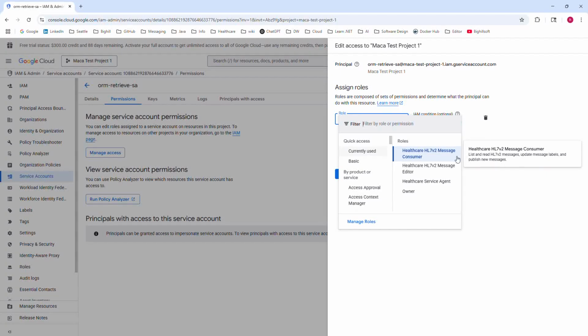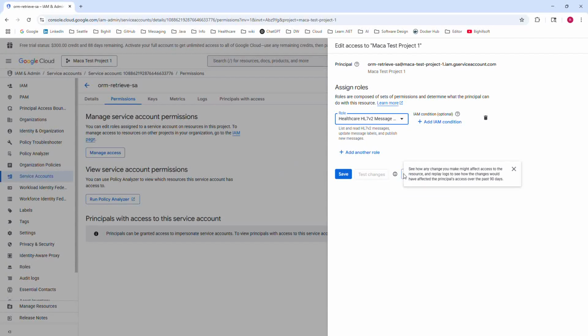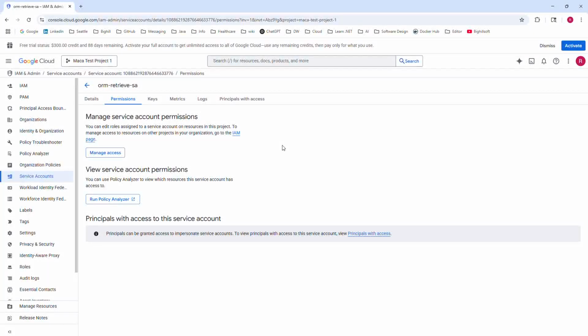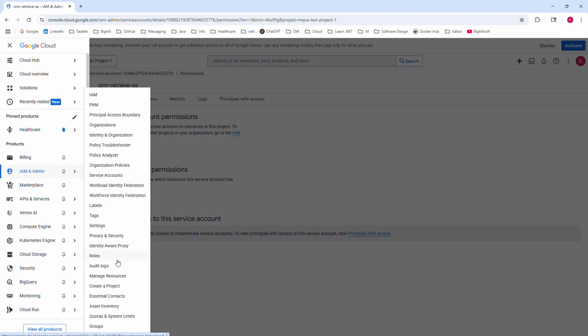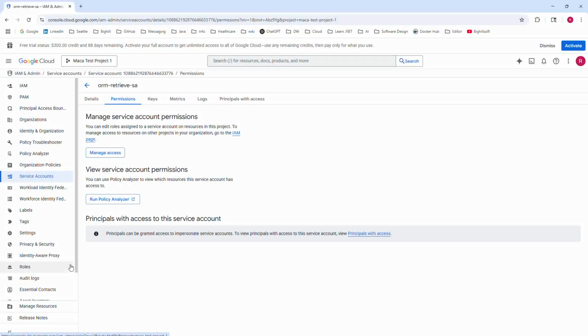So it's a little bit confusing what the consumer and what the editor means. I will show a little later, but you can assign the consumer for the retrieve service account. But again, I'm going to use only one for this tutorial. This is for tutorial purposes, I just created another one in case you may choose one of them. So if you go to the IAM again, the roles, because we are under the IAM,